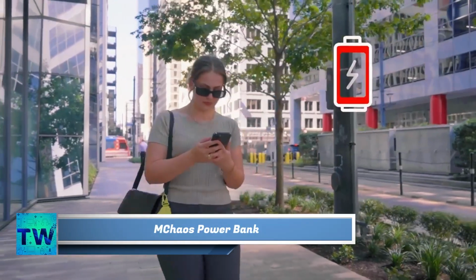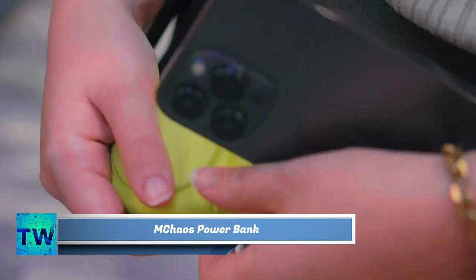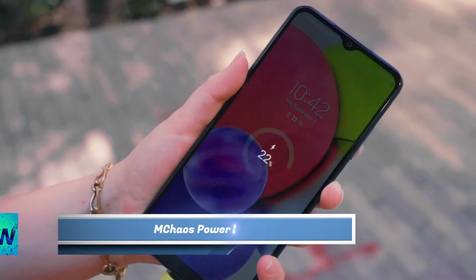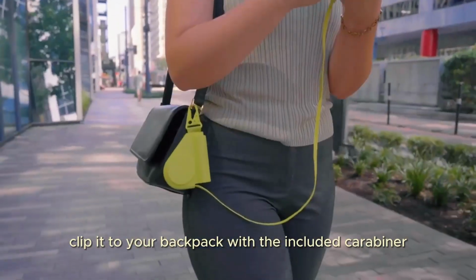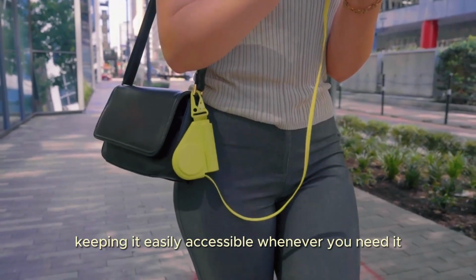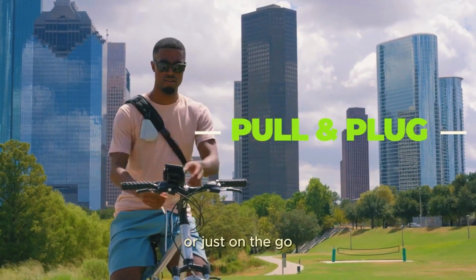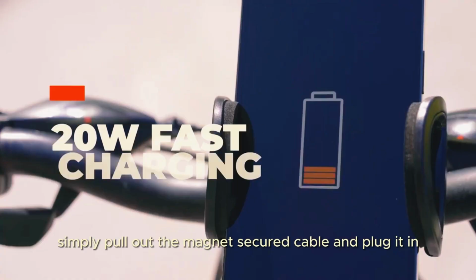MChaos Power Bank. Tired of digging through your bag to find your power bank? Eliminate the hassle with this convenient solution. Clip it to your backpack with the included carabiner, keeping it easily accessible whenever you need it. Whether you're cycling and need a quick phone charge or just on the go, simply pull out the magnet-secured cable